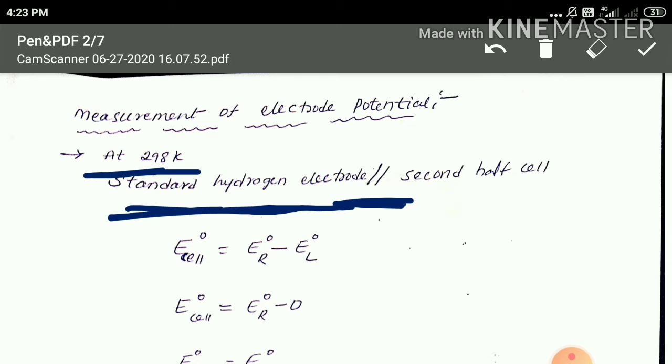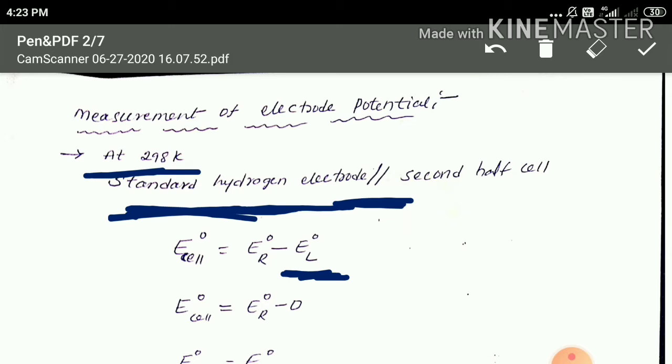So the anode we have to arrange always like this. It is the left electrode, 0. And when the standard hydrogen electrode and another unknown half cell are connected together through an external wire, and it is connected to the voltmeter, in that voltmeter it is giving some reading. We have to observe some reading. That reading is equal to the EMF value of the cell.